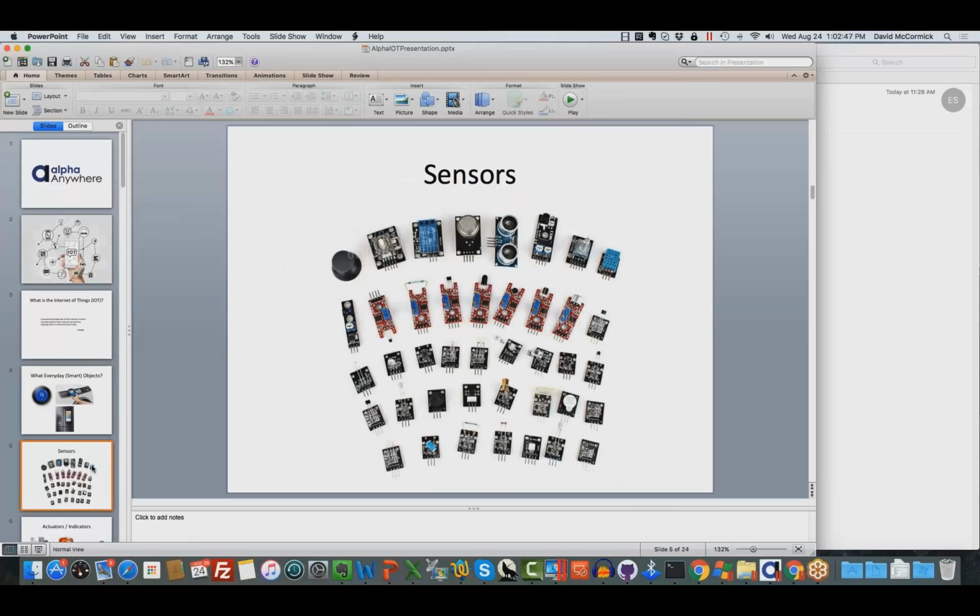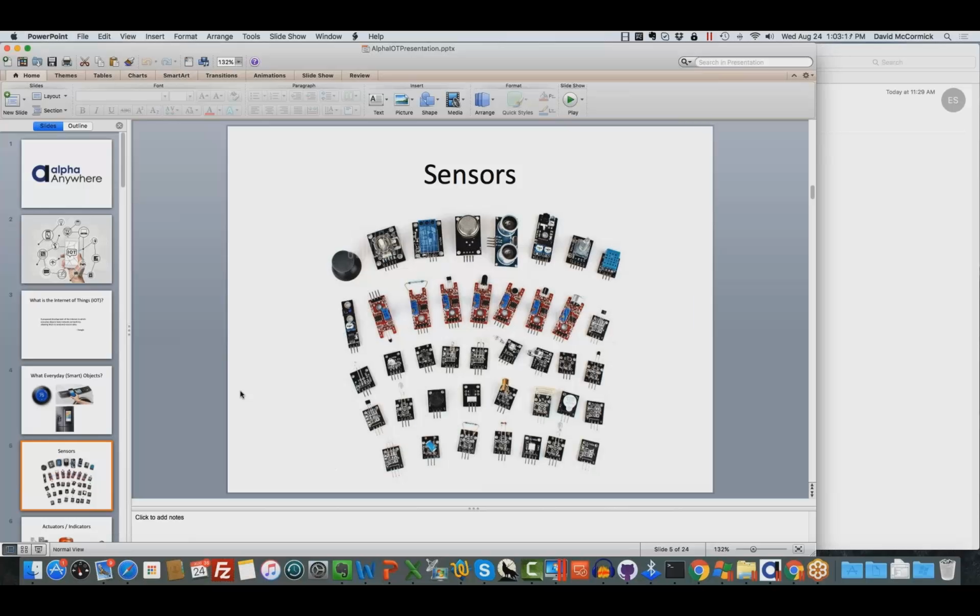So what makes a device smart and what makes it an Internet of Things device? Well, one thing that's commonly found in these kinds of devices that makes them different than regular everyday devices is sensors. Sensors are now available very, very inexpensively. If you see this collection that I have up on the screen, you can buy all of these for like $40, or I think there are 37 sensors here. Things that can sense motion, proximity, distance, they can smell smoke, they can tell air quality if there's too much CO2 in the air or too much benzene or something else. Heat monitors, temperature monitors, airspeed monitors, tactile monitors, weight monitors, pretty much anything you can imagine can be measured fairly inexpensively with one of these sensors.